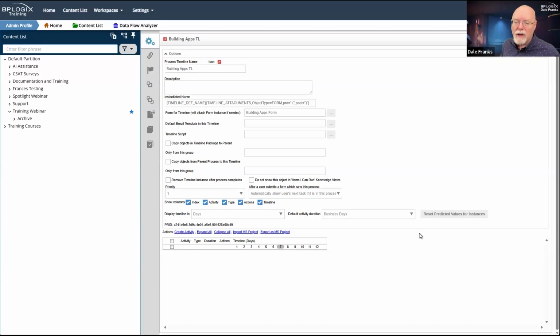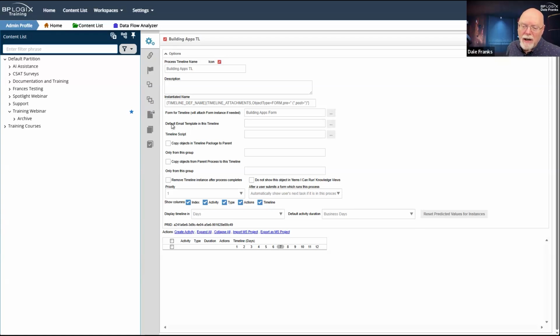And if I don't have this property set, there will not be a form instance attached to the process when it starts. So filling out this property does two things. Number one, it enables me to make form-based conditions way easier while I'm configuring my process timeline. Number two, if I ever need to invoke this process timeline outside of a form submission, I can do so, and the appropriate form instance will always be associated with the process timeline instance that gets invoked. So we're going to set that property.